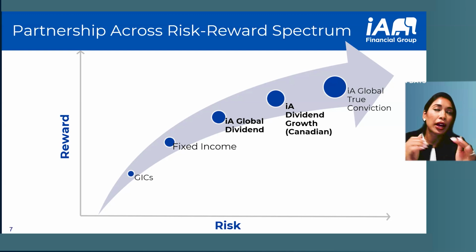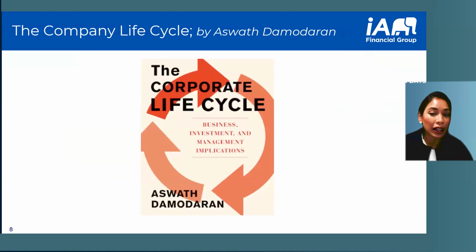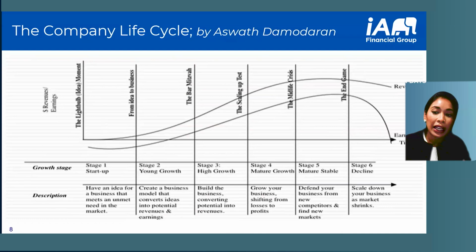So just to recap, I challenged you to challenge your client to really think about their investor risk tolerance, and what behavioral or psychological biases they might have that determine how much risk they're interested in stomaching when buying stocks and funds in particular. Again, this research is taken from Aswath Damodaran's book, The Corporate Life Cycle. He outlines 6 stages where companies fall, depending on where they are in their life cycle. And I think this concept of understanding a person's life cycle and a stock's life cycle is super important in today's marketplace,